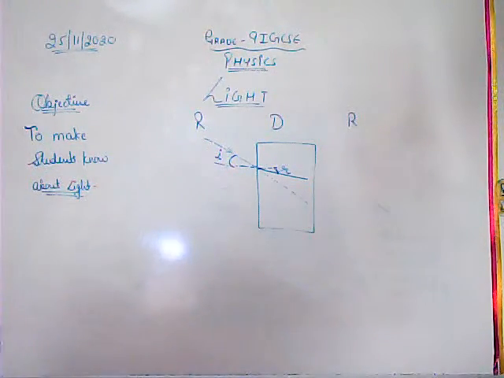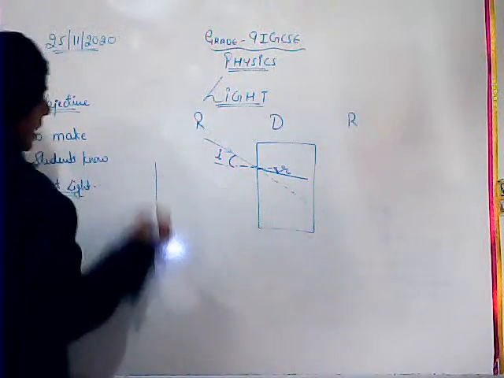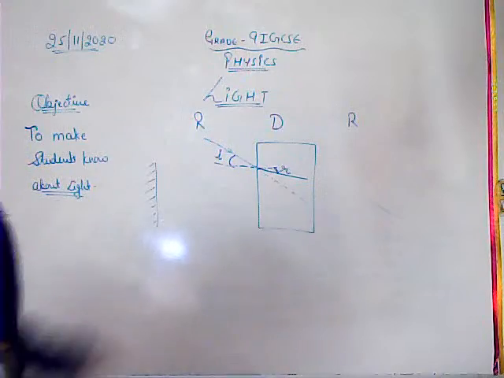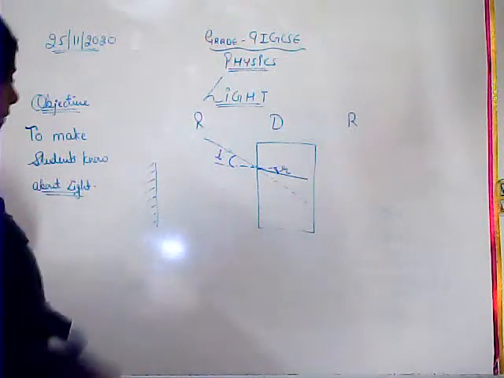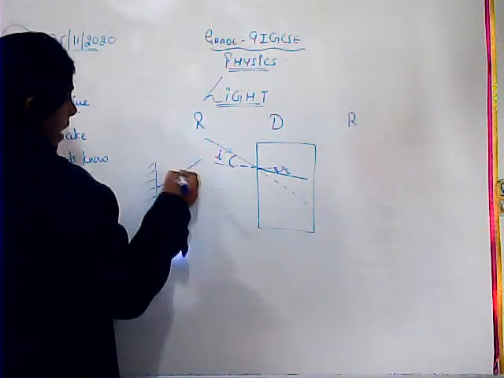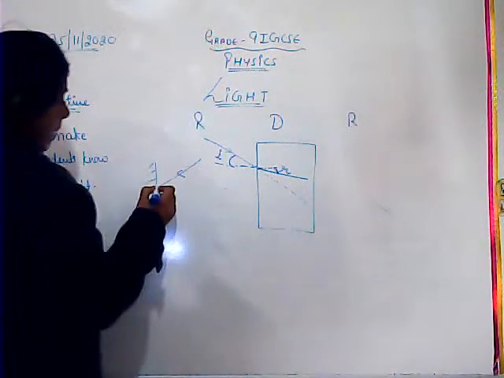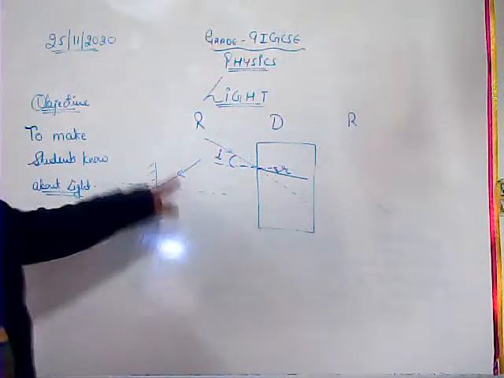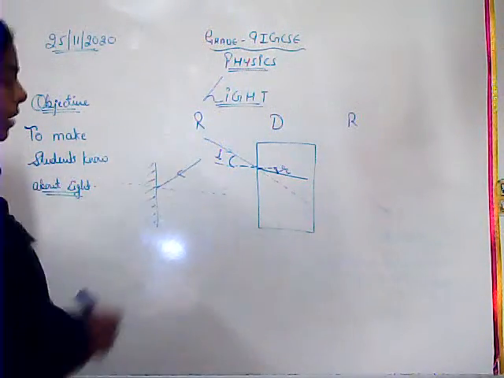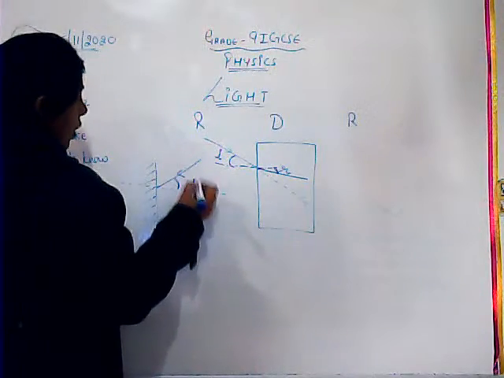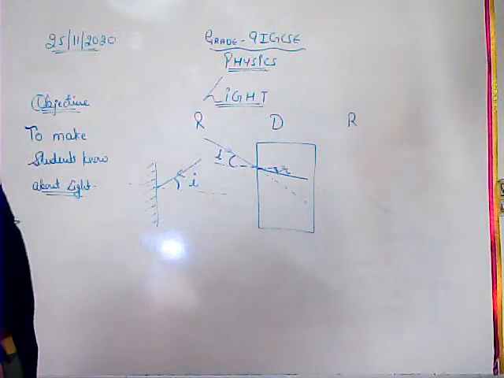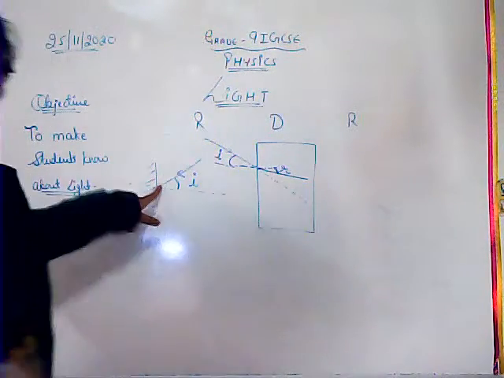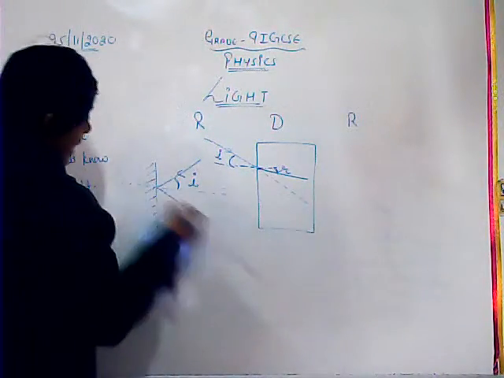Angle of refraction. What did we do in the case of the mirror? Let's say this is your mirror, this is the polished side, where I have drawn the hair lines. On the other side is your reflected ray. The ray which strikes, at the point where it strikes, we draw the normal. The angle between the normal and the incident ray is your angle of incidence. Fine. And where it strikes, it bounces back. It goes like this.